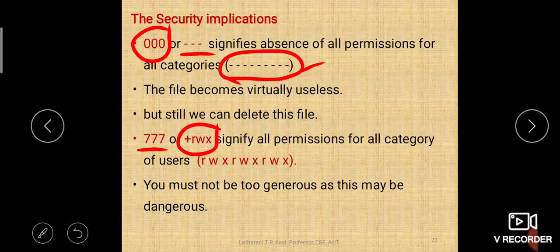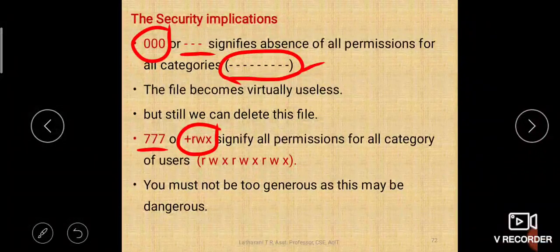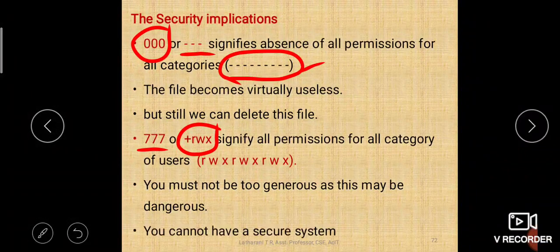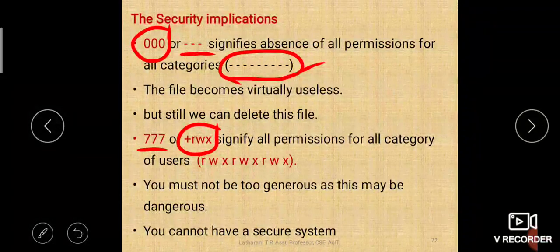But for group and others, when you give write permission, be very careful, because if they modify your file contents, the original data will be lost, right? You cannot have a secure system if you give all permissions to all categories of users, because anybody can modify any file. Others means those who are external to the organization, external to the system, right? So if you give write permission for external people also, then your system security will be under threat.